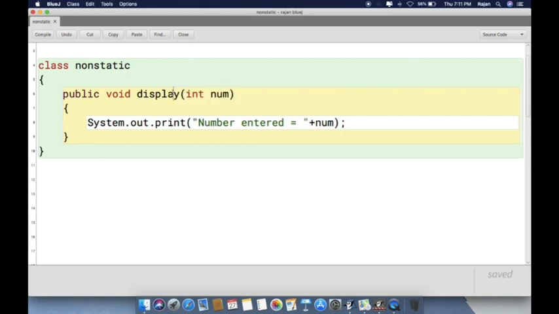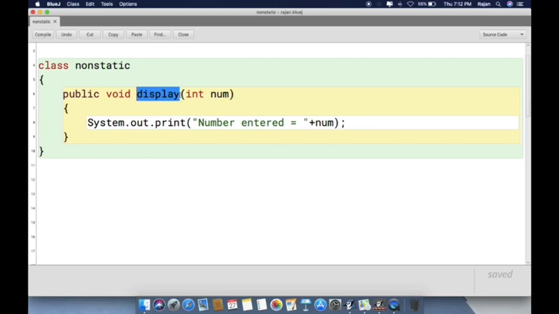In the next example I will show you. As you can see over here, the name of the function is display. The next function you will see appearing as main, and we will compile it and see the output. You will not see any difference between these two. The name of the first function is display, the name of the second function will be main, but both of them are non-static.